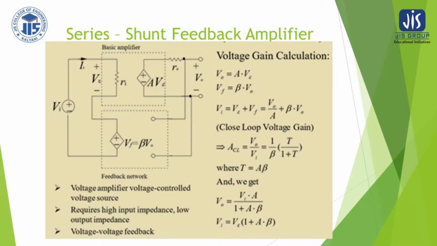So finally from this equation we can write, or better you write in this way, just cross multiply: R0 I0 equal to V0, if we take common, 1 plus AV beta, or V0 by I0 is equal to R0 divided by 1 plus AV beta.